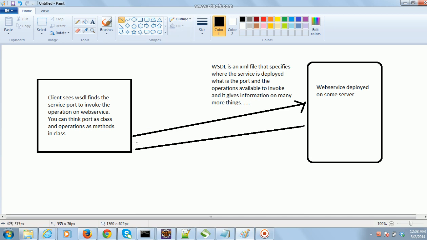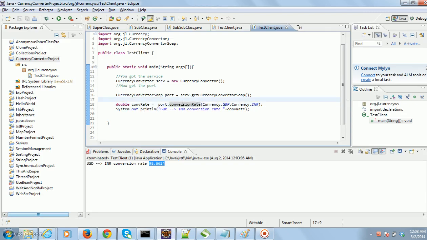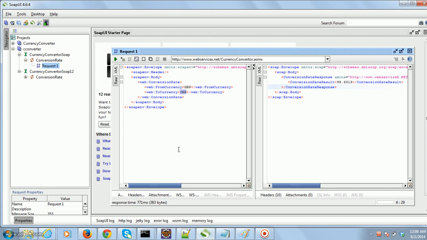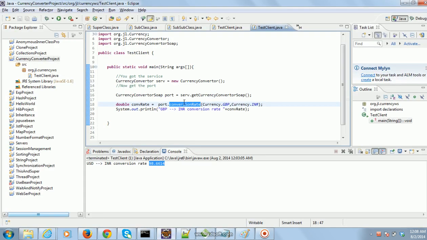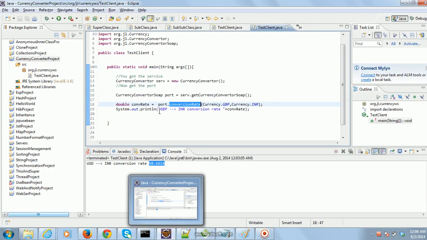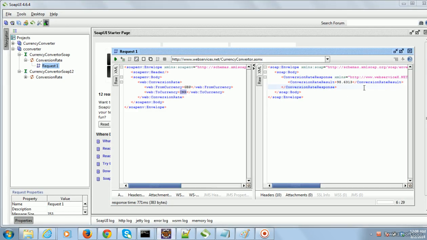So basically when you call this method, the call will be converted internally to an XML file, and this XML content will be sent to the server, and the server will invoke the method called conversionRate, and that response content will be formed as an XML, and this XML we will receive as a response,